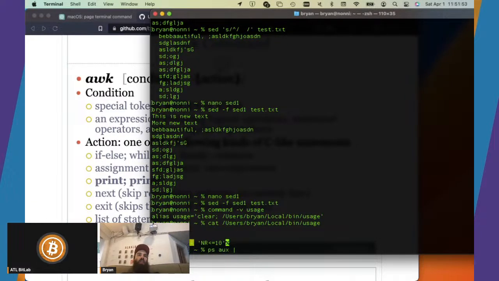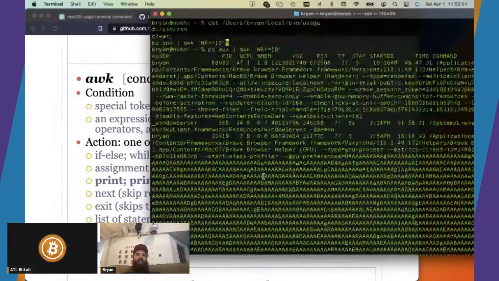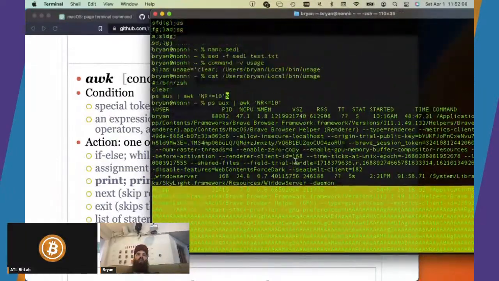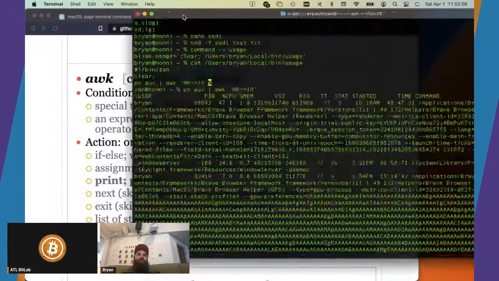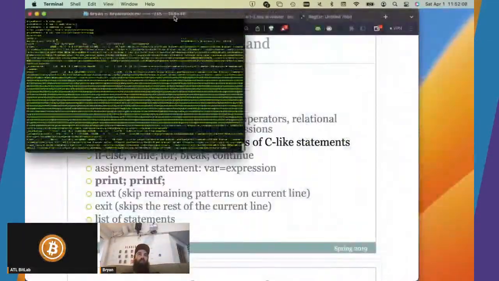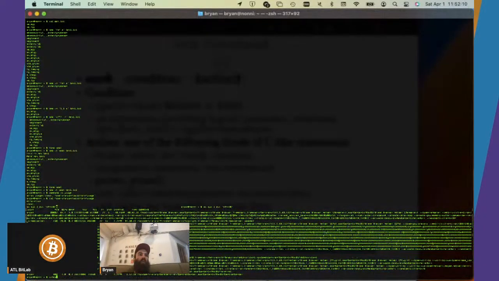And then it uses awk and a pattern to basically print the number of rows that are less than or equal to this number, right? So in this case, that's the top 10, which is a really gross output. If this were smaller, which nobody's going to be able to read this,